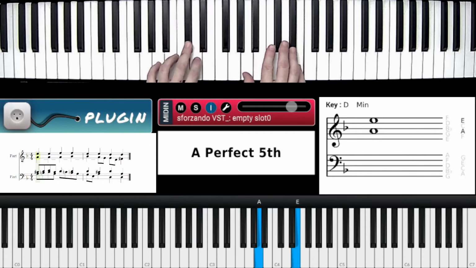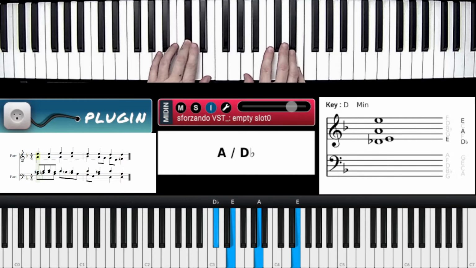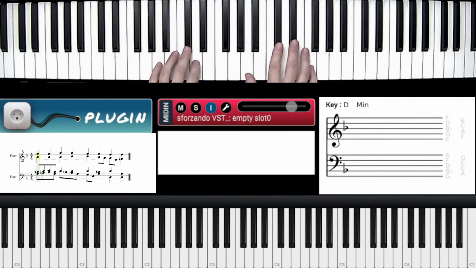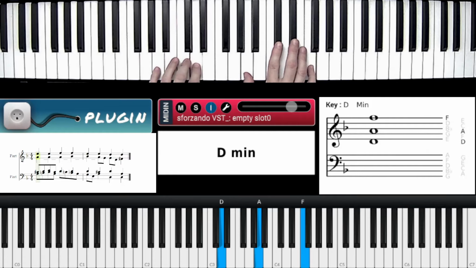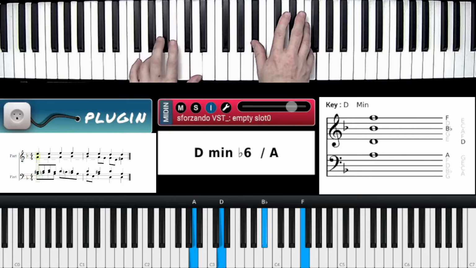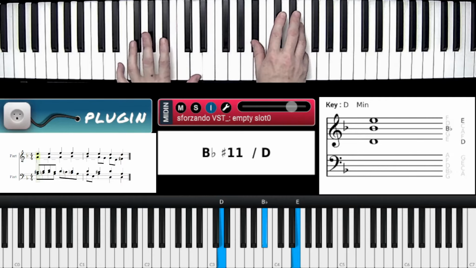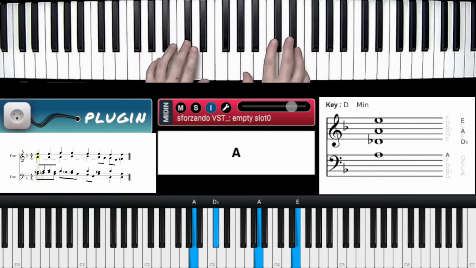So let's do this. First chord. The second thing that happens, B minor 11th. Okay, that's what it's going to call it. A over D flat. That would be misspelled in notation. A. D minor. F6 over C. Okay, that's what it wants to call it. B flat. D minor flat 6 over A, G minor add 6, E7 sharp 11, interesting,